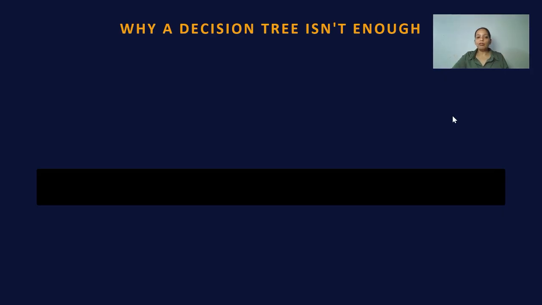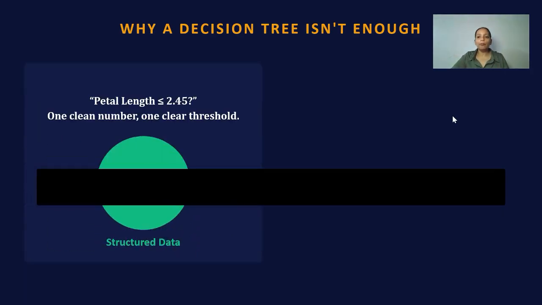Now the question arises, why is a machine learning algorithm like a decision tree or KNN not enough? In step 6, our decision tree algorithm worked for flowers because we had a handful of clean and structured measurements like petal length and petal width, and good yes/no questions which we could easily identify, and we were able to easily separate the different species. Now imagine a new task.